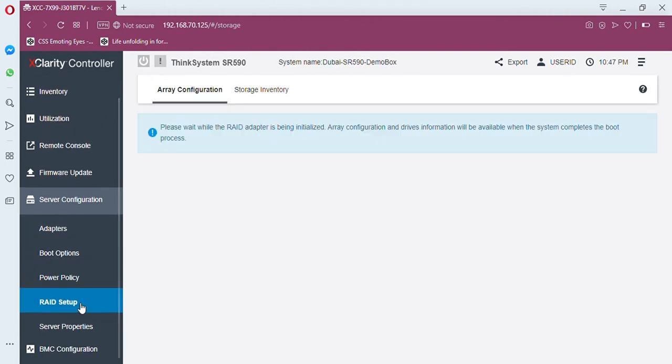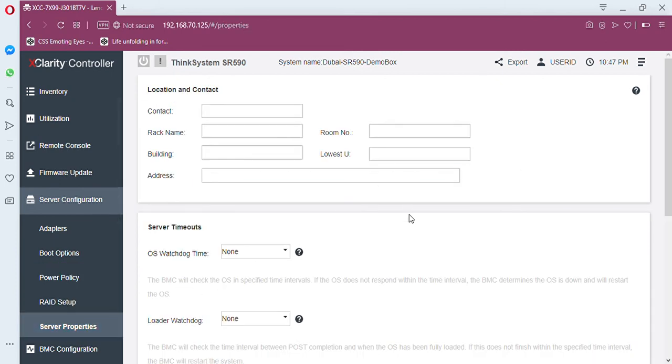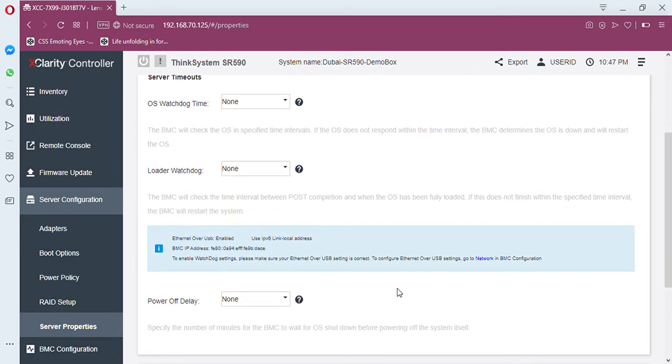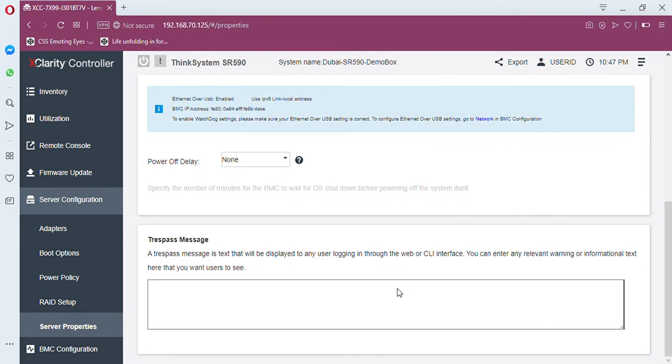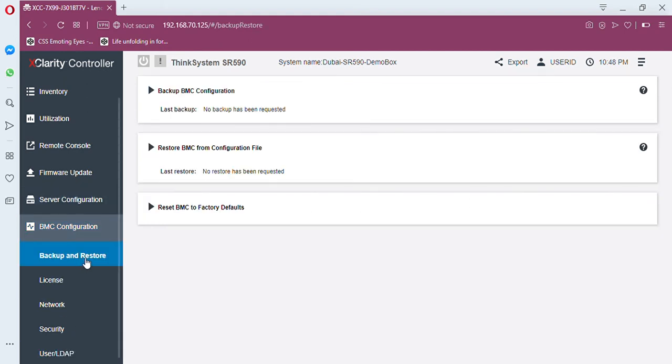And this is the RAID setup, which we will see in a later video, and more information about it is available. This is also the location of the server and the watchdog and many things, which we will see later. And this is the BMC configuration, like how we can back up the BMC configuration, or restore it to